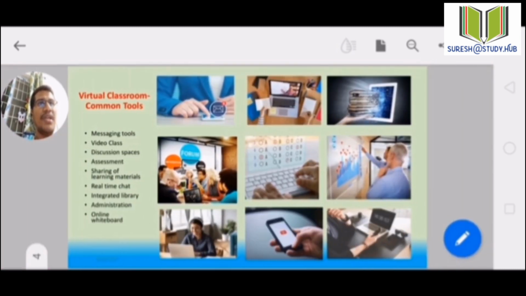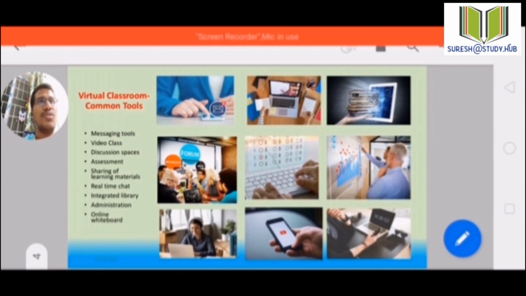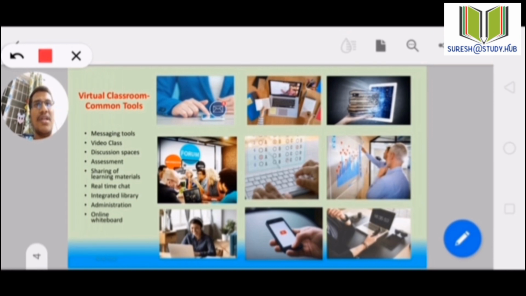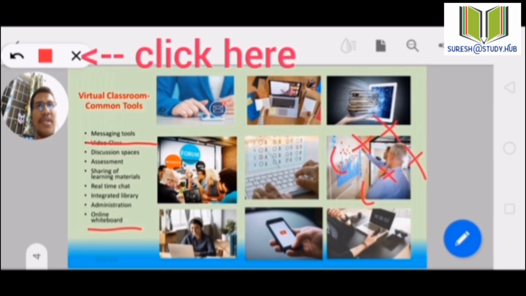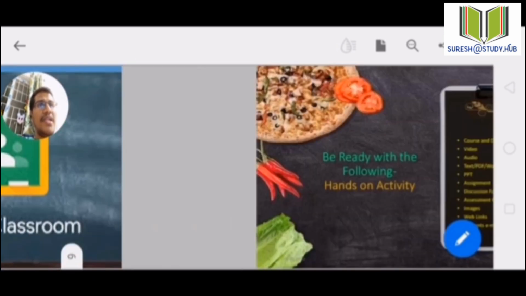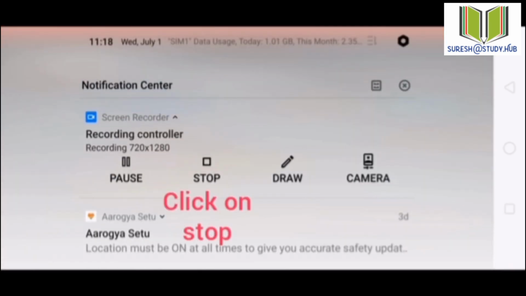Once this PPT is explained, if you want any annotation, just go to this tab and select this draw option. So that you can select annotations like message tools and online whiteboard. If you want to write something, you can directly write on the screen. You can explain like that. If you don't want that one, just click on this one, so that annotations will be gone. Once all the slides are explained like this, you can go to the top and click on the stop button. If I stop this, then automatically this video is recorded, and after that it will be shown. So I will click on stop.